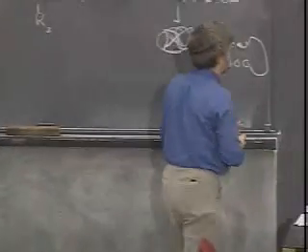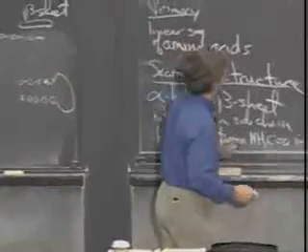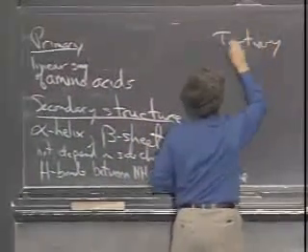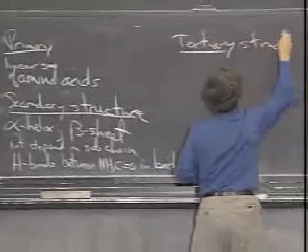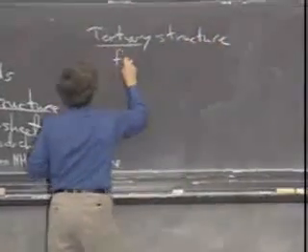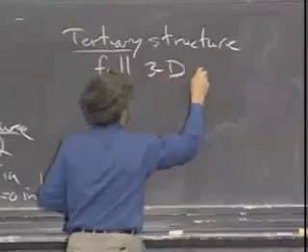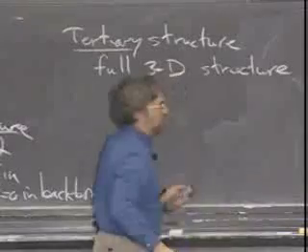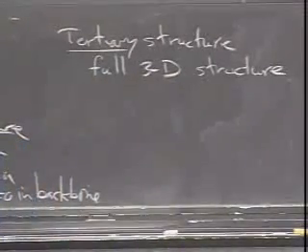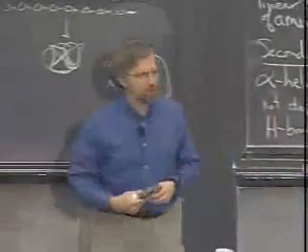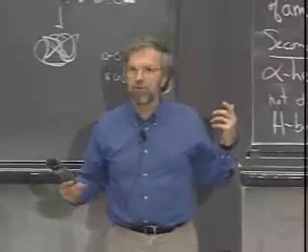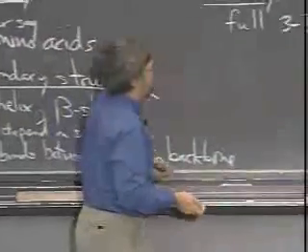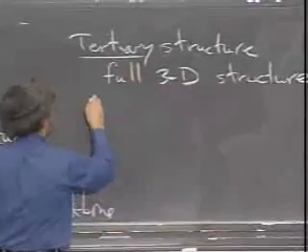But the rest of the other forces that we had to understand in order to get to what's called the tertiary structure. This is the full 3D structure, which we can now determine by a variety of methods. X-ray crystallography of proteins is probably the most common, but NMR, for example, can be used to derive a three-dimensional structure as well. And the other forces then that go into this are